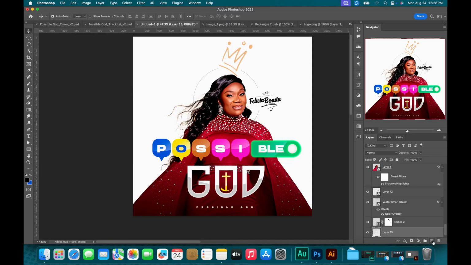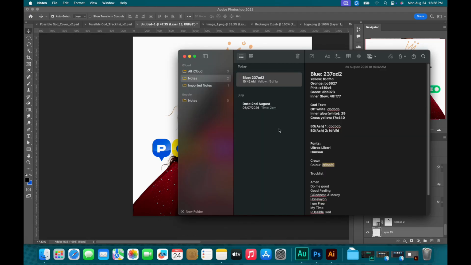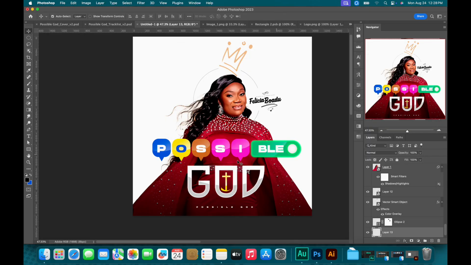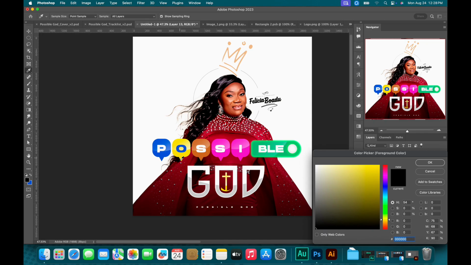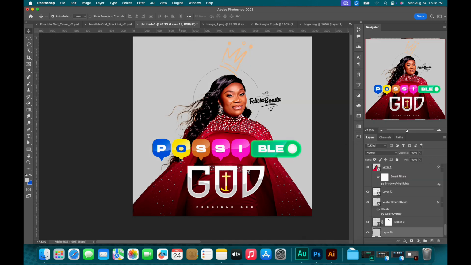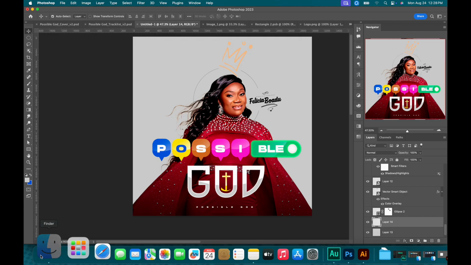Let's create this. We have our background colors here. So we have BG1, this is the color, so let me just copy, then just double click here and Command V or Control V. Option Delete, or let's say Alt Backspace, to fill our foreground with it, like so. Create a new layer once more, click here,